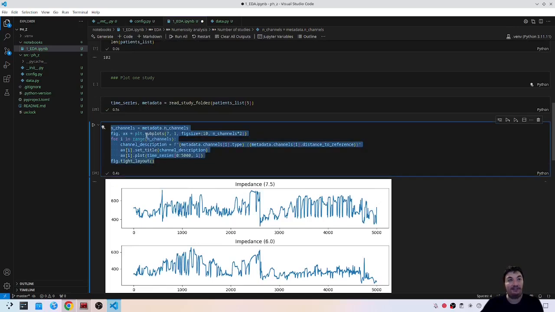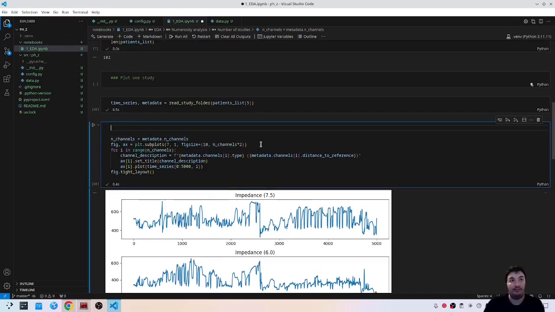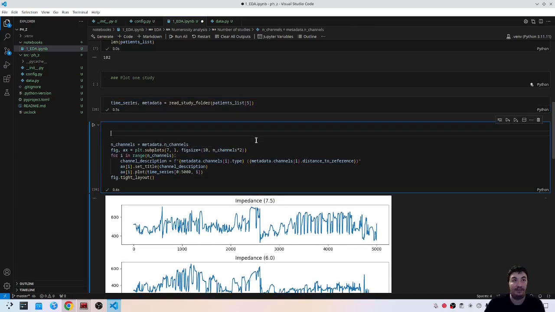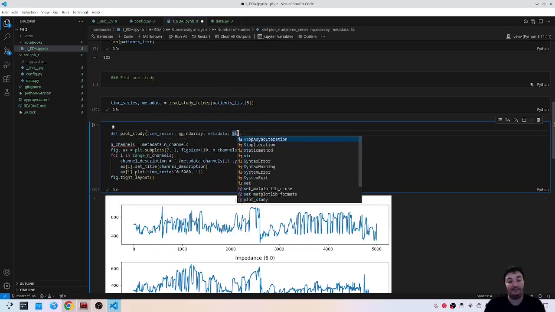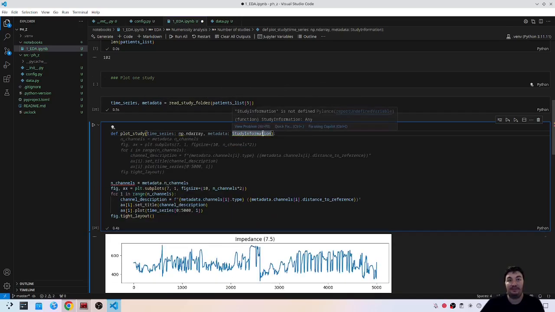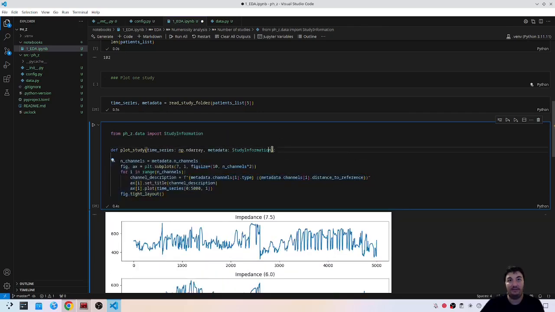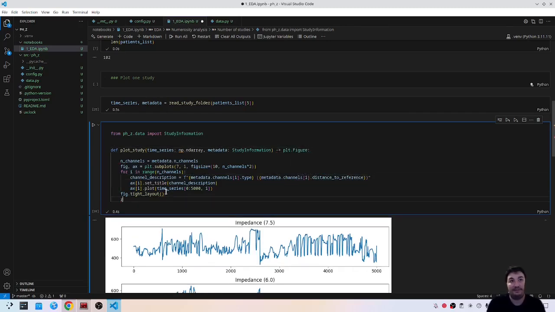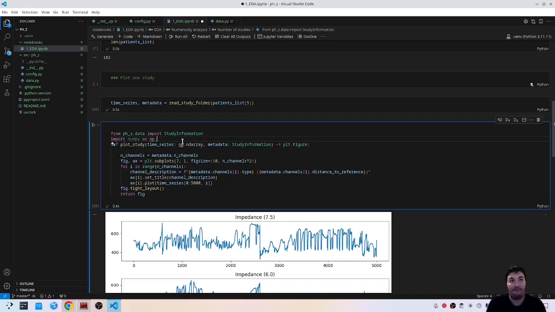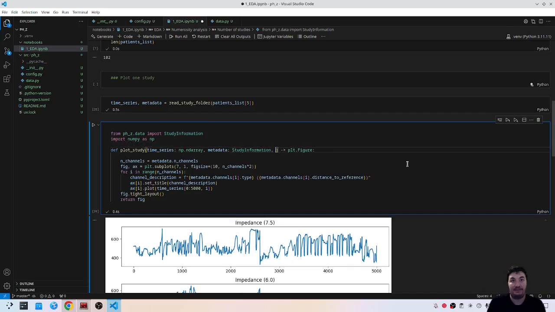Maybe we can create a function out of this and put it in a module. So it should be plot study. We will receive the time series, the metadata, which is the study information. Then we can copy everything. Okay, and we are going to return the figure. And another thing we can do is